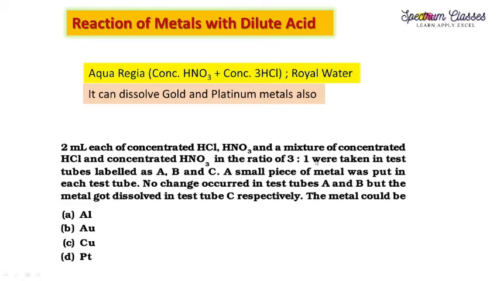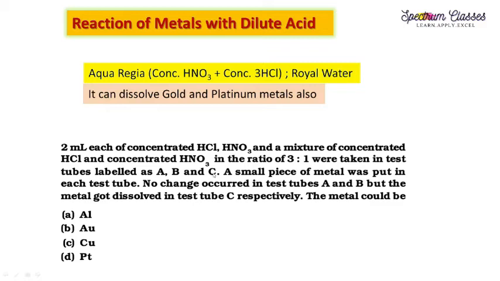The next question is, 2 ml of concentrated HCl, HNO3 and a mixture of concentrated HCl and HNO3 in the ratio of 3:1 were taken in test tubes labeled A, B, C. A small piece of metal was put in each test tube. No change occurred in test tubes A and B, but the metal got dissolved in test tube C. The metal could be? So how are you going to answer this? First, test tube A, test tube B, and test tube C. Test tube C is having aqua regia. Test tube A is having concentrated HCl. Test tube B is having concentrated HNO3. And test tube C is having